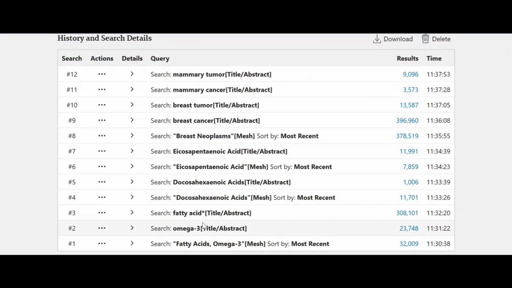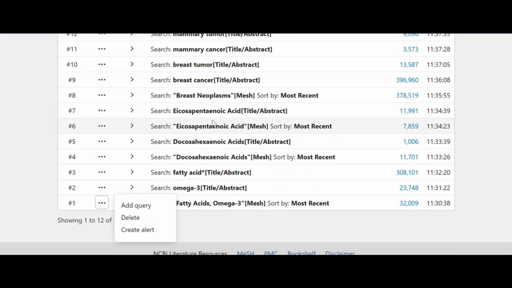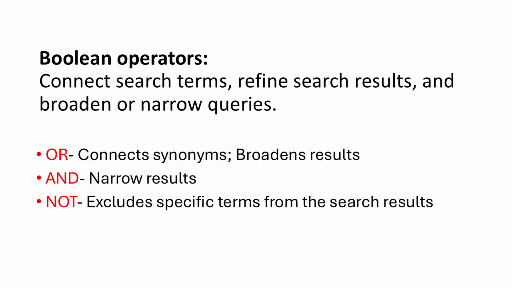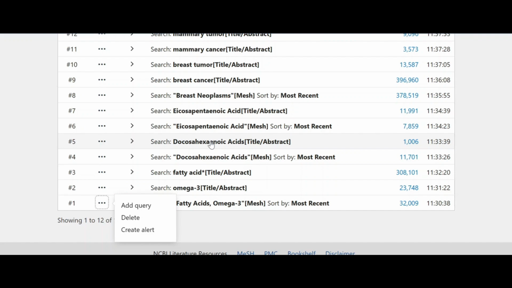So now this is an example of a search strategy. As you can see here, try to be organized. So here is our first chunk of fatty acids, omega-3 fatty acid, and here is the second chunk. We can now combine this with all. So you come here. We want to combine all the synonyms for omega-3 in one query with a Boolean operator OR. There are different types of Boolean operators, including OR, AND, and NOT. So what OR does, it broadens the search to include either one of the synonyms. So you add this to query,